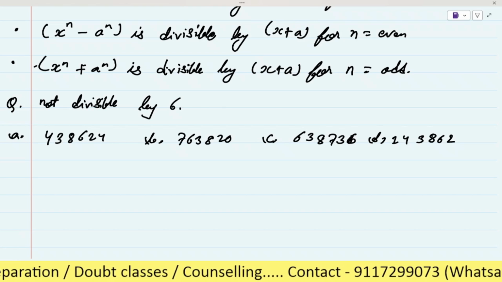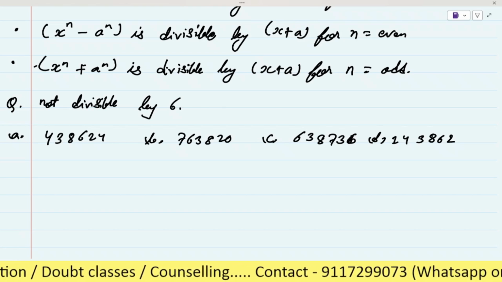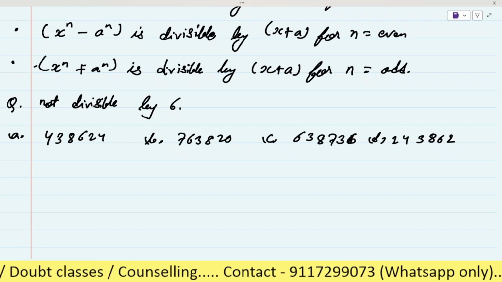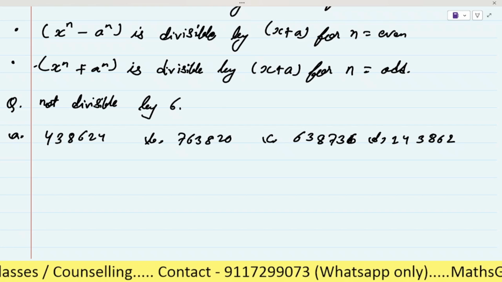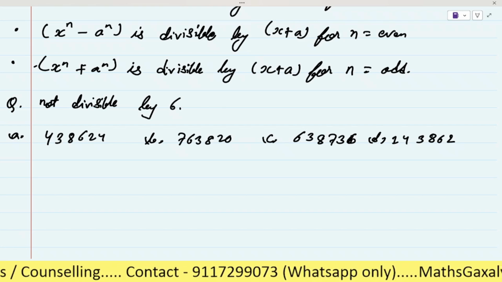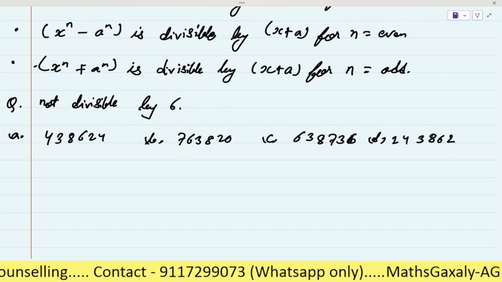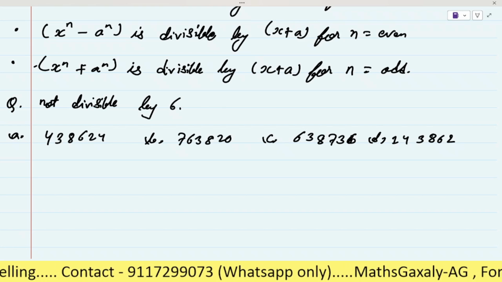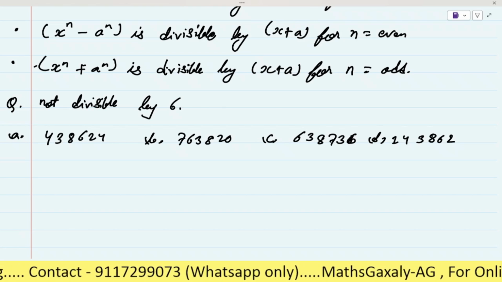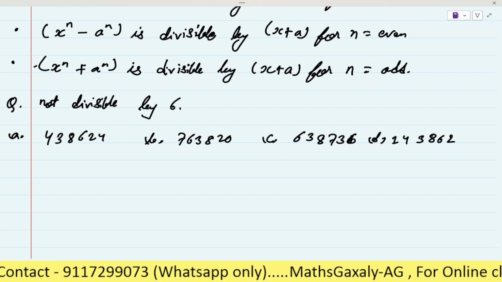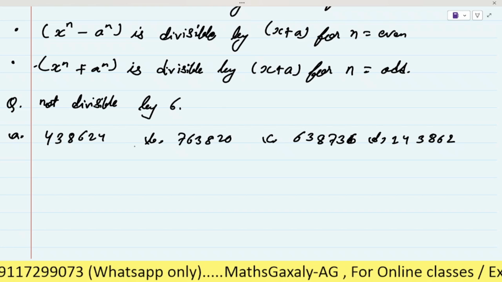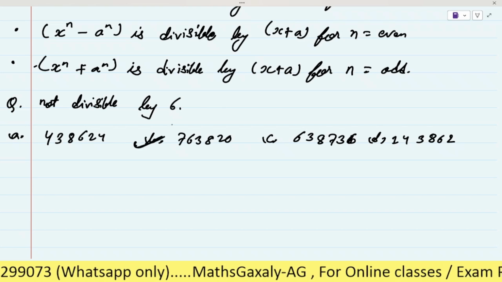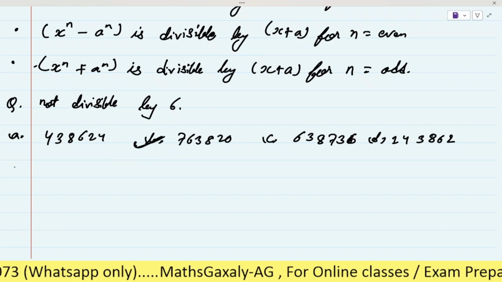Second one, let's check. 13, 16, 24 and 2, 26, right? So as here 26 is not divisible by 3, it will also not be divisible by 6, okay? So here B will be the correct option.